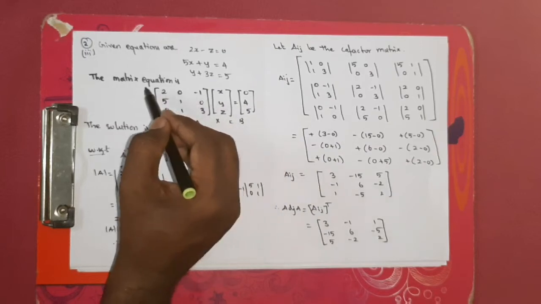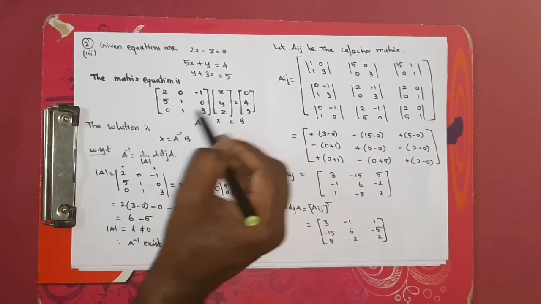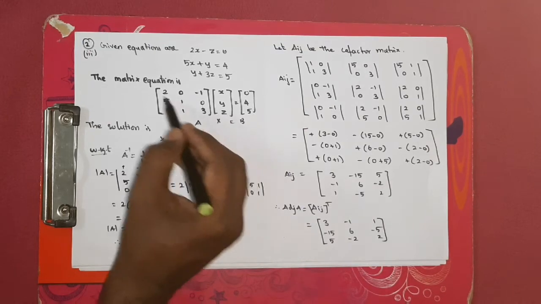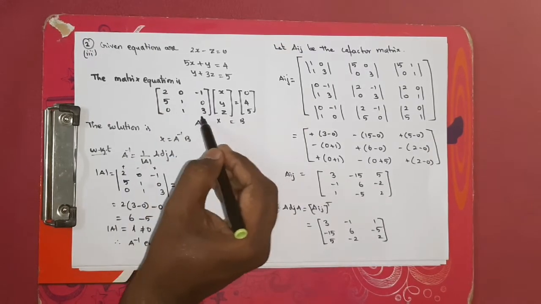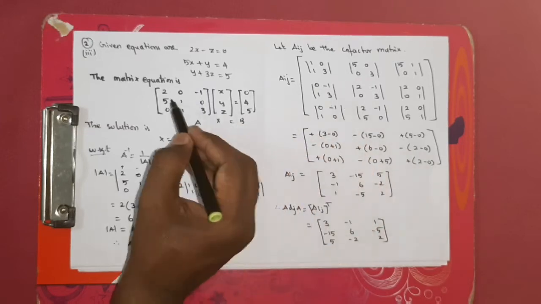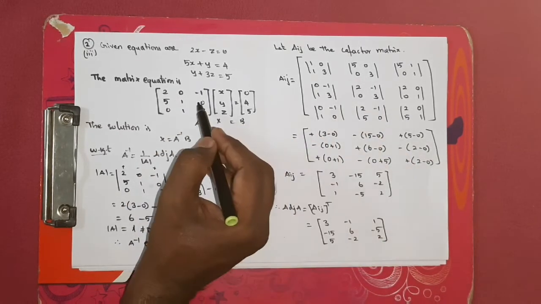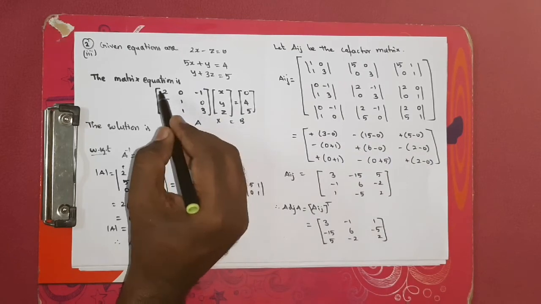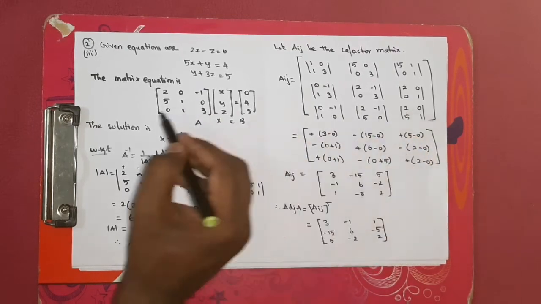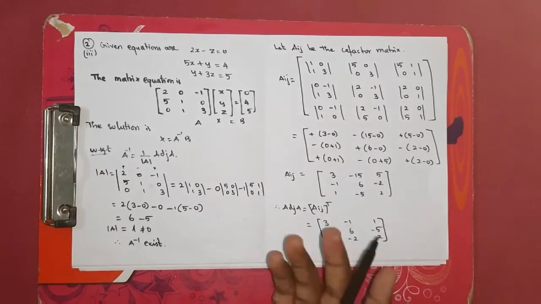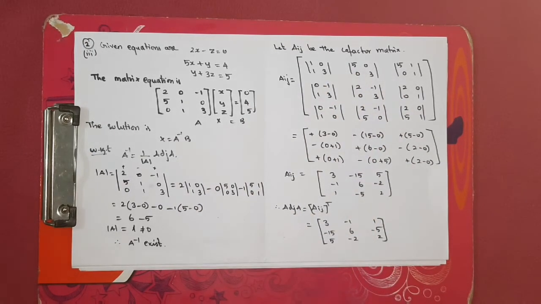And for minus 1, what is the minor? Leave it, 5 1, 0 1. Next, for this 5, what is the minor? Leave it, so you have 0 minus 1, 1 3, put it in a determinant. And for this 1, the minor is 2 minus 1, 0 3. And for this 0, leave this row and this column, so 2 0, 0 1. Like that, for the last row also I am writing, so I get it. So these are minors. When will it become a cofactor? When we allot the sign.